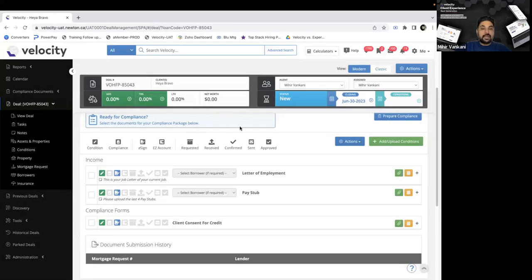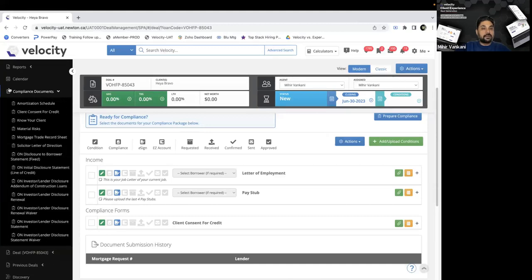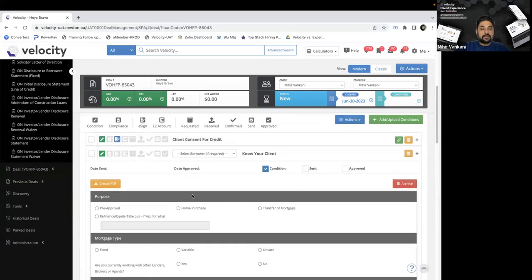In this particular deal, I have already added a subject property that is based out in Ontario. Now, if you would go to the black bar towards the left side and click on compliance documents here, it's going to populate a list of all compliance documents for Ontario. For instance, if I want to add a KYC, simply click on KYC and it is going to create a